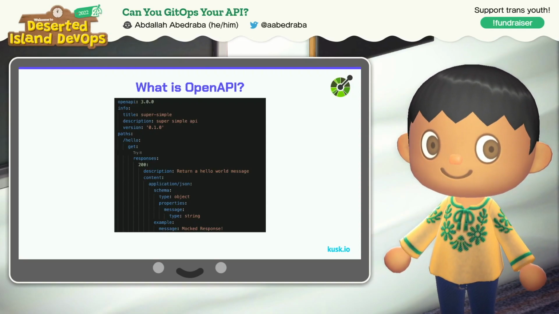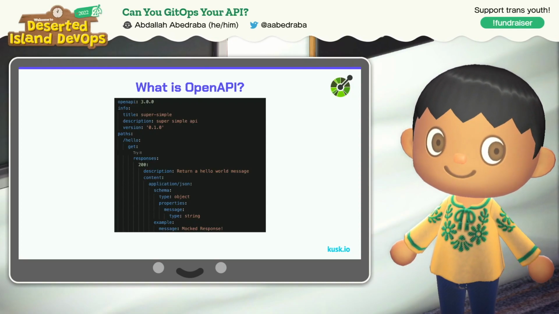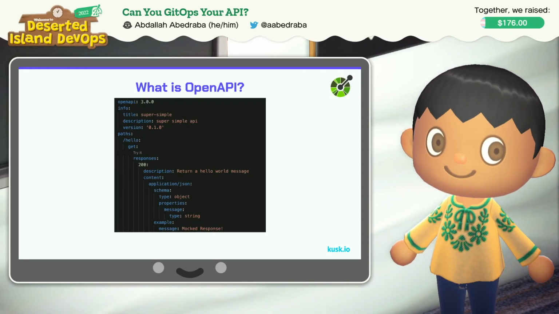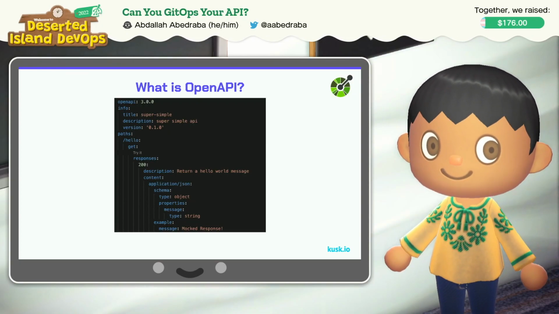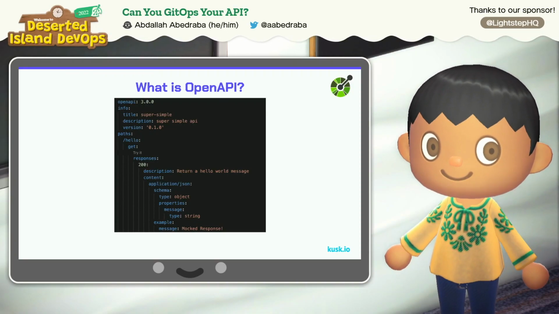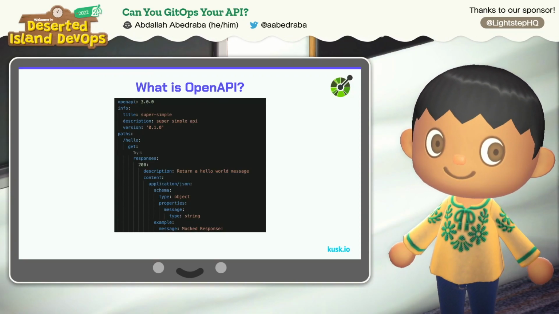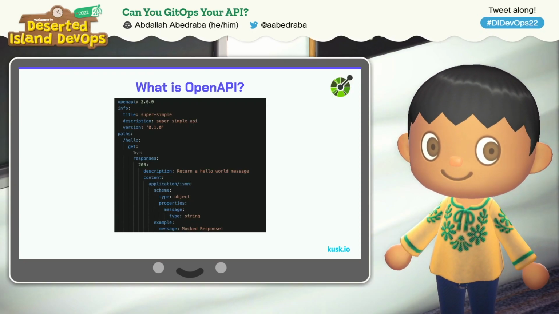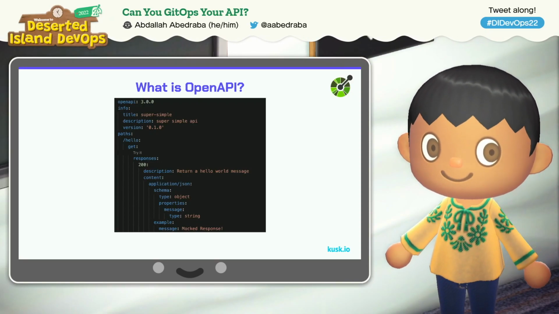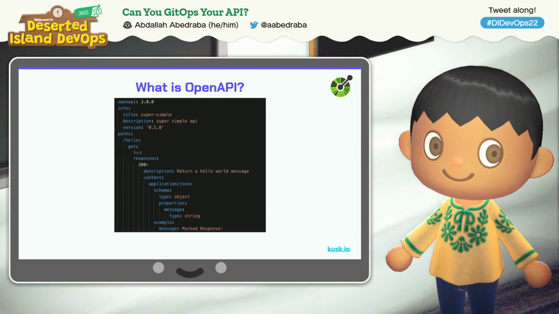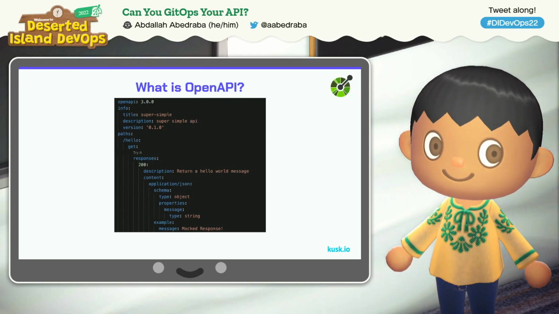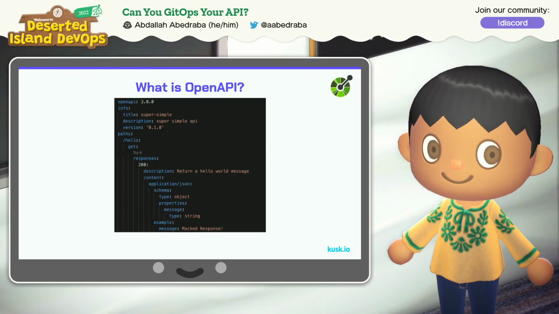So OpenAPI is a definition to define what an API is going to look like. So you can see there we have a hello path that has a get operation, and we even defined what the response is going to look like. It used to be called Swagger, and Swagger was its old name. It was bought by a company called SmartBear and then donated to the Linux Foundation, and renamed later to OpenAPI. So there's a little confusion out there of some people still calling it Swagger and some people calling it OpenAPI. Just know that OpenAPI is the rebranded version and the one that's going to be maintained from now on.